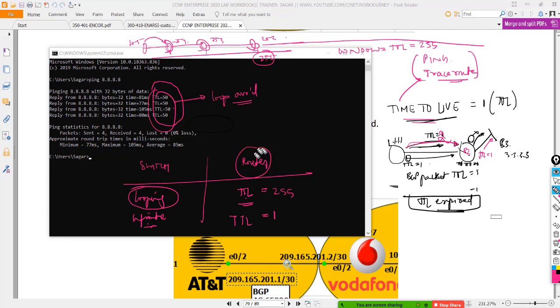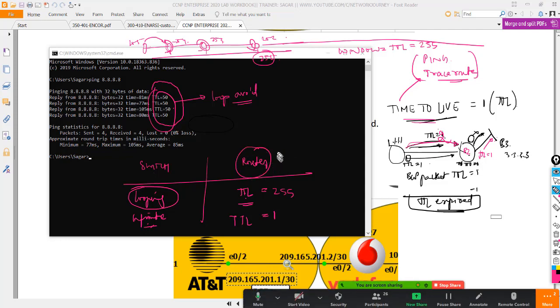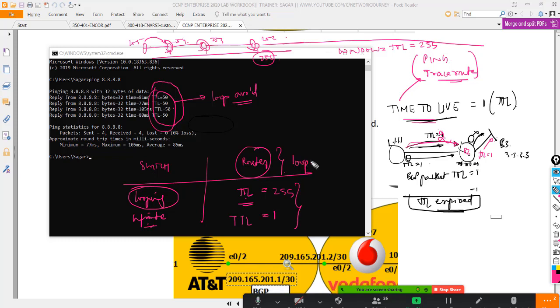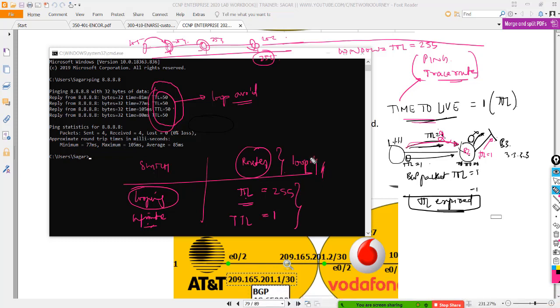So your packets, especially in routing technologies, can have looping. I'm not saying looping may not be seen, because this is a result of bad network design and network configuration.